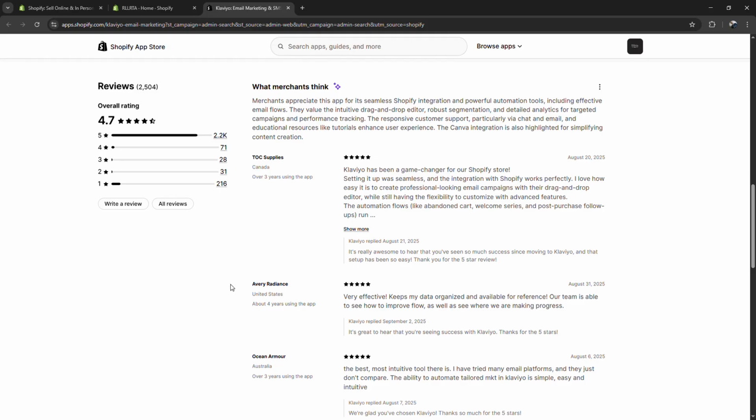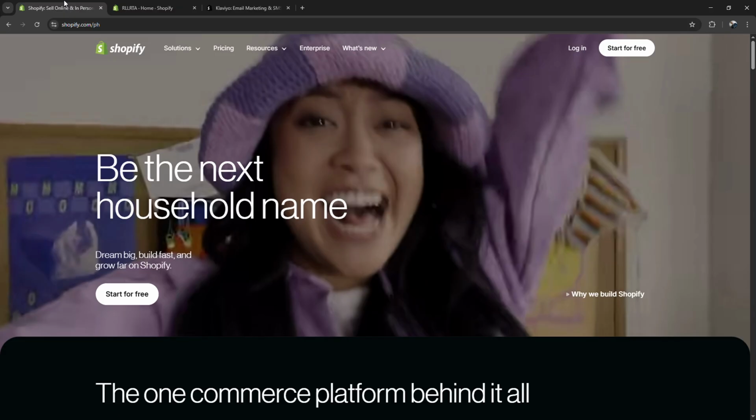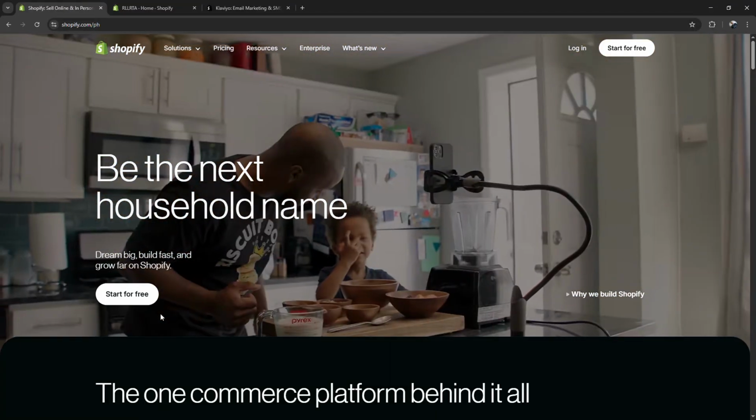The best part is, once you set up these automations, AI keeps running in the background, testing, optimizing, and improving performance without you constantly monitoring it. This saves you hours every week and helps you increase sales with